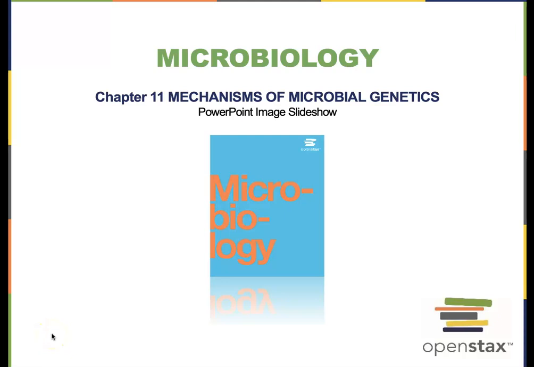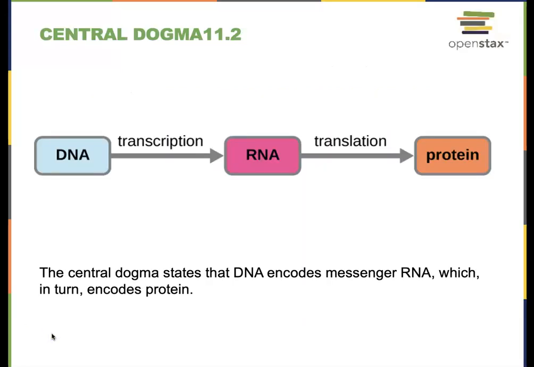Hi, everybody. So we're going to start microbial genetics in this chapter. It's broken into four sections, so it's quite a long chapter. Just get ready. The first thing we'll talk about is the central dogma, which is the transfer of information from